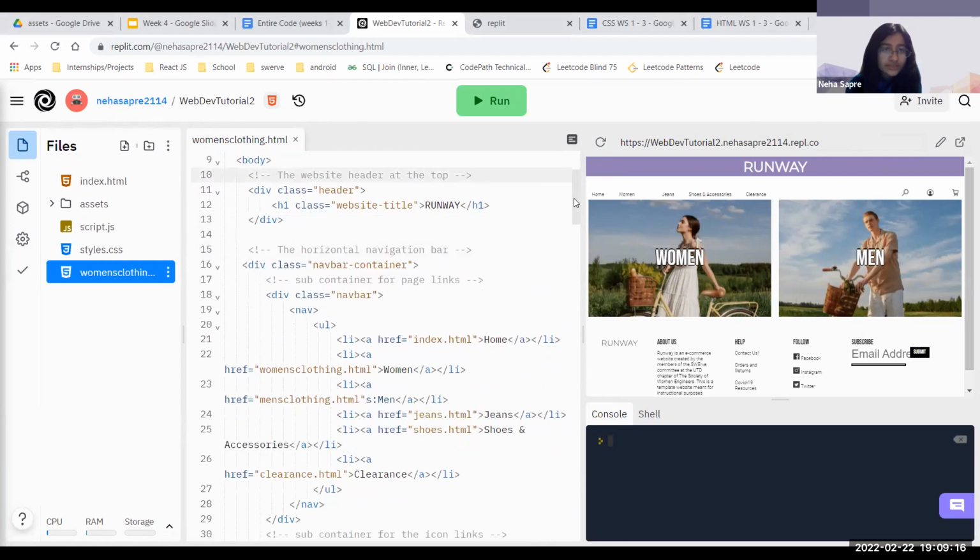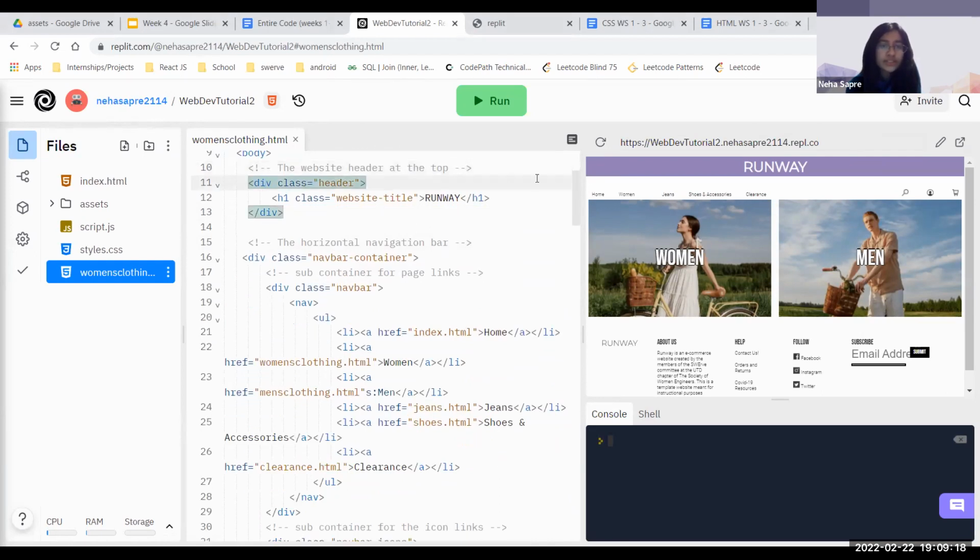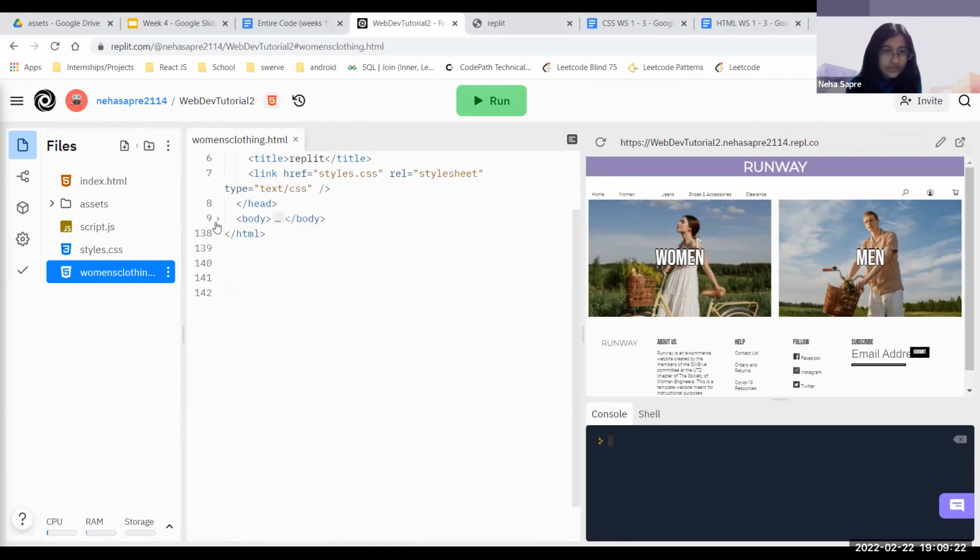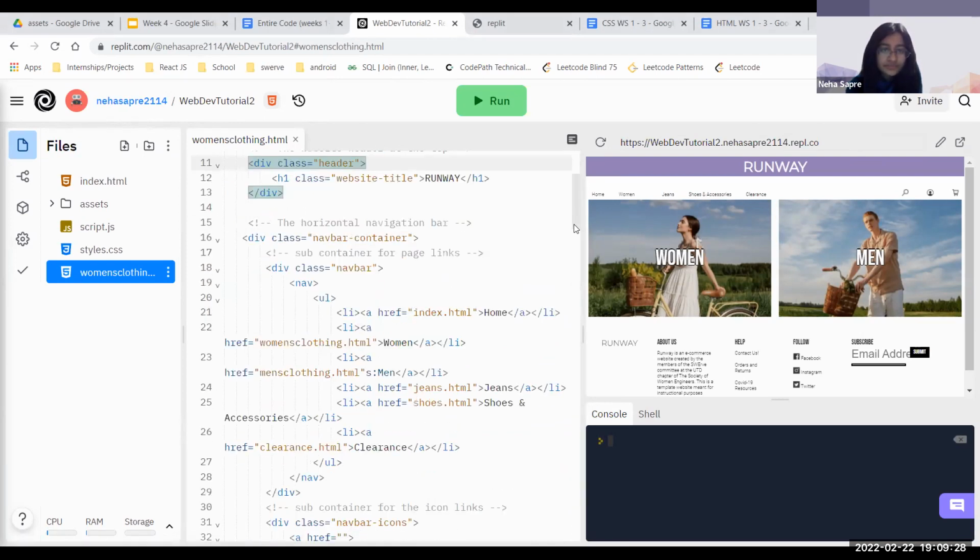Yeah, so we have this body section, and then inside the body section, let's try closing it out. So if we close this body section, there's nothing below that. So everything is in the body. Okay, so